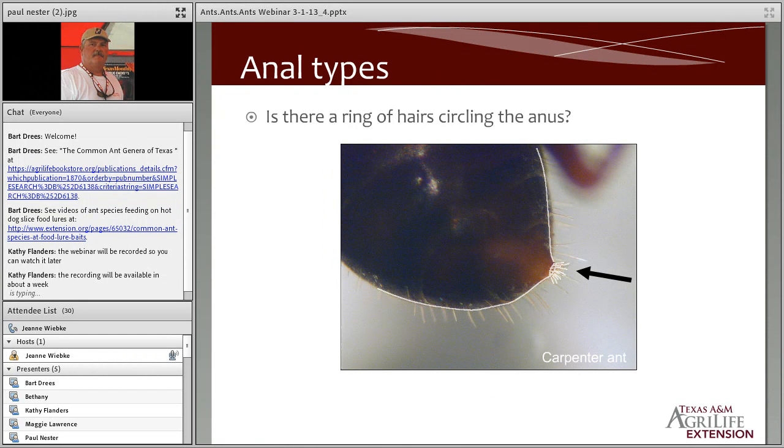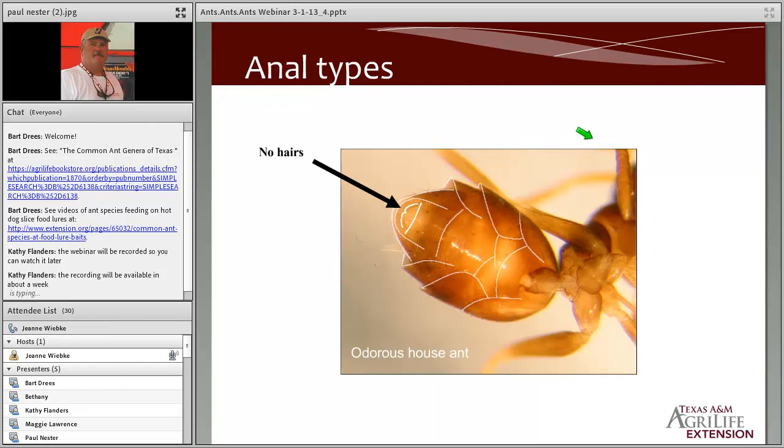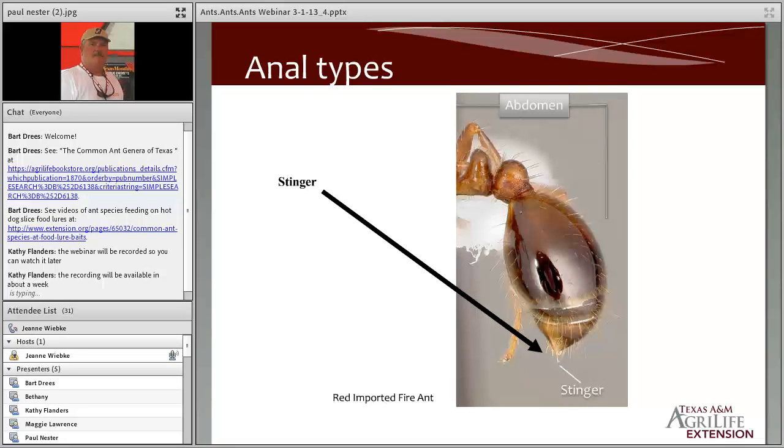At the very end of the abdomen, we have some modified female organs, and sometimes we have what's called an acetopore, which is a circle of hairs. This area here. We can also have just an open gland area, such as this. There's no hairs. Now, this is what we find on the Argentine ant. The circle of hairs we will find on the tawny crazy ant, or we also know it as the raspberry crazy ant in Texas. So sometimes I might use that name interchangeably,